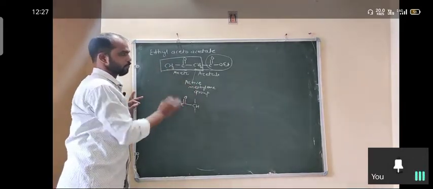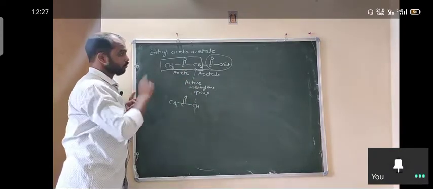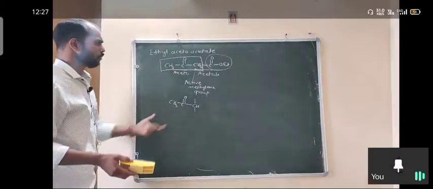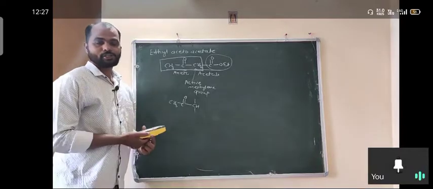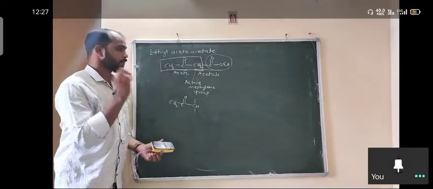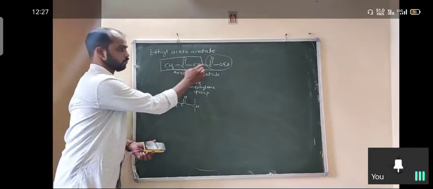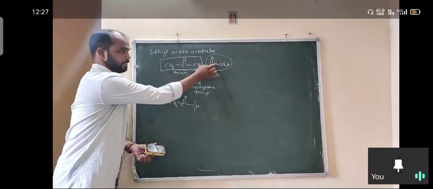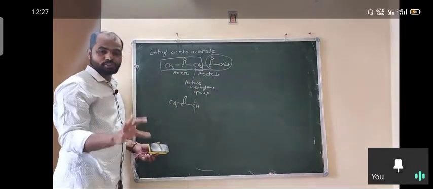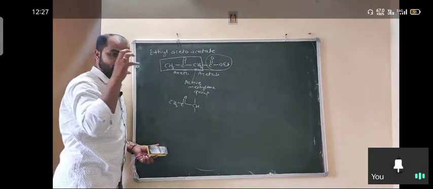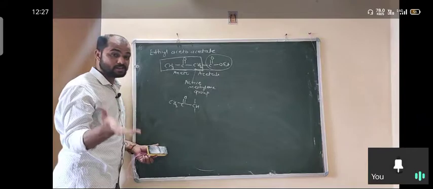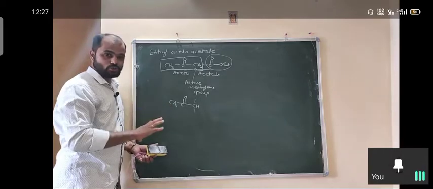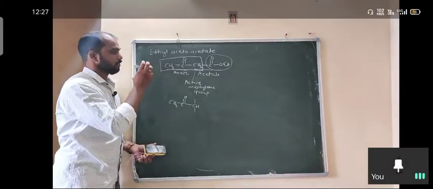Okay, so first of all this is the structure. We are going to first learn how this molecule is synthesized. You already know the Claisen condensation reaction, and in the Claisen condensation reaction the beta ketoester is the product. Here also this is alpha, this one is beta. At the beta position there is a ketonic functional group, and there is an ester, so it is nothing but a beta ketoester. And how is it synthesized? It is synthesized using the Claisen condensation reaction, when two ethyl acetate molecules condense together in the presence of base to give ethyl acetoacetate.